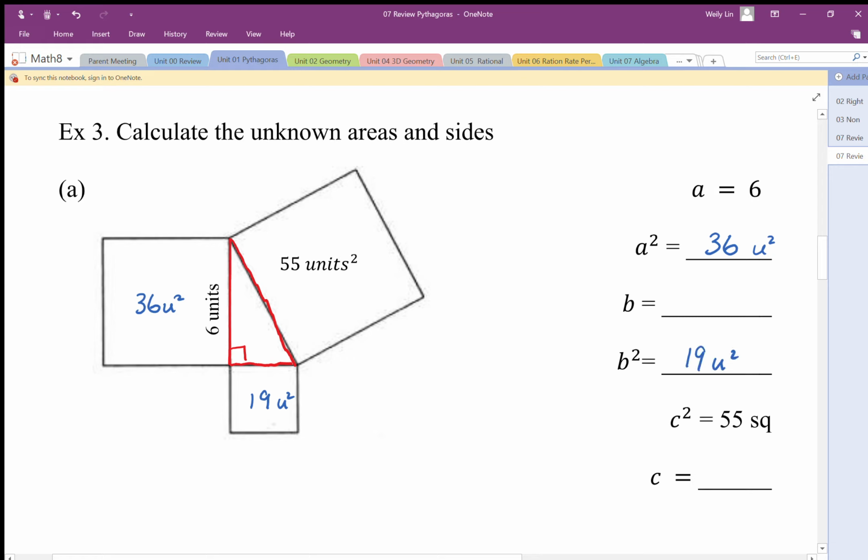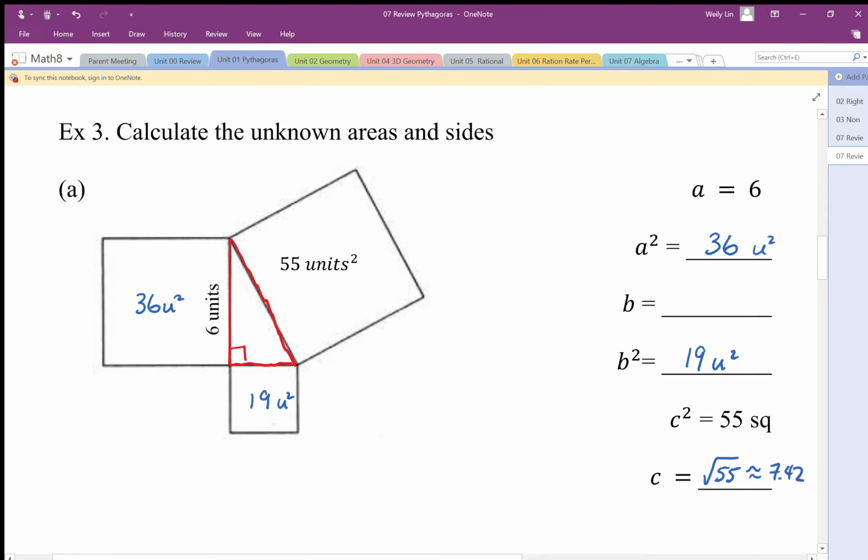Okay. But again, we often want to find out the side length. So if I want to find the side length, I need to square root. So if I want to find the side length from the hypotenuse, I take c squared and I square root it to get c. So I do square root c squared, and then that gives me a value of c of 7.416, which I'll round to 7.42. So if I want to find the side length, I could either get exactly square root 55. So although I see the area, the square root indicates it's a side length, and that side length is approximately